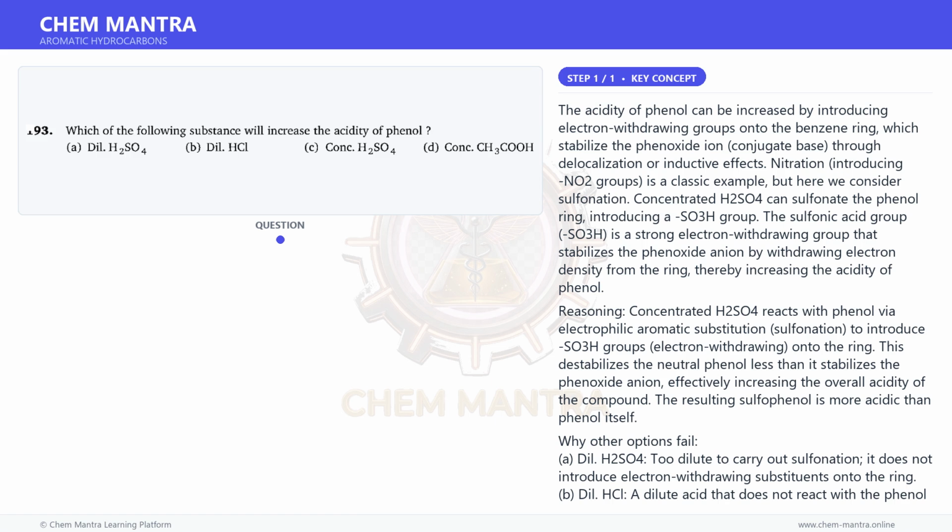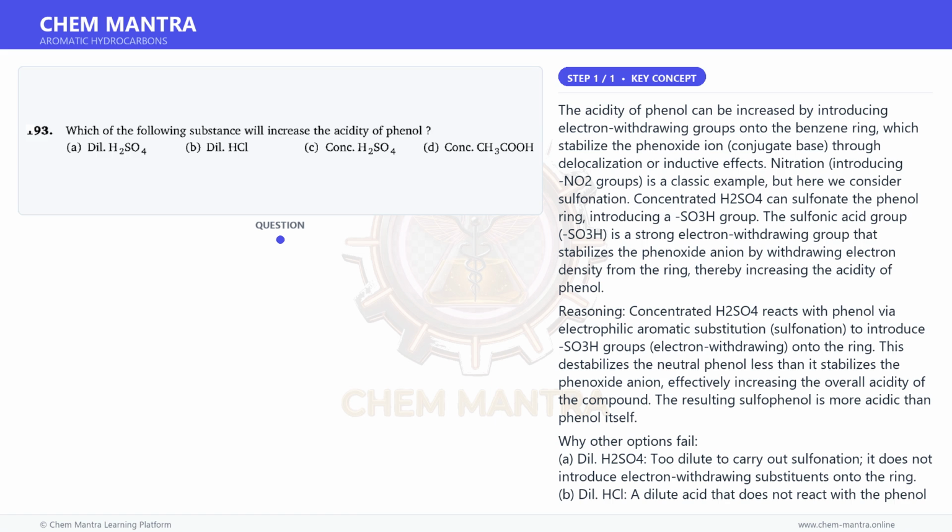Why other options fail? A. Dil. H2SO4 is too dilute to carry out sulfonation; it does not introduce electron-withdrawing substituents onto the ring. B. Dil. HCl is a dilute acid that does not react with the phenol ring to introduce electron-withdrawing groups, so there is no significant